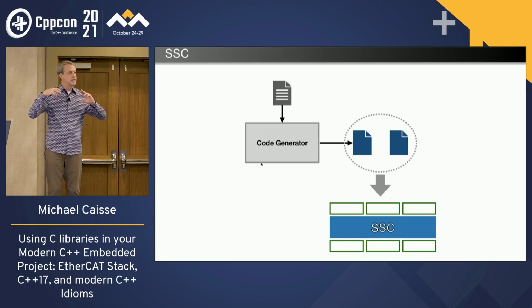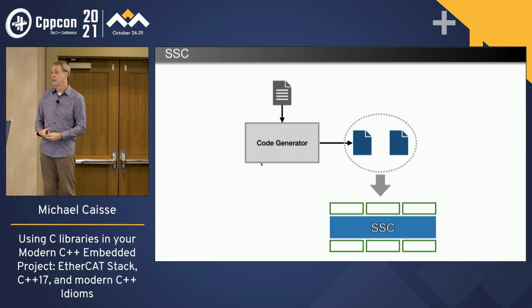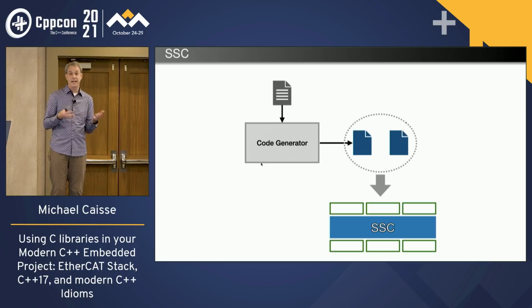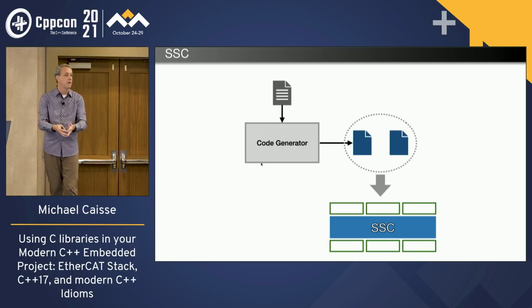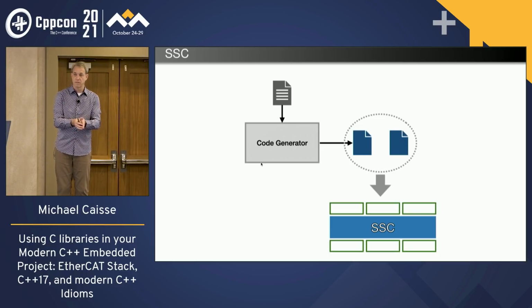So eventually you end up with the SSC at the bottom, and you have these blocks around it. And the blocks are the things that you're going to plug into. Examples, like when there's an interrupt, it would like to know about something. When it has information and it would like to tell you that it has received a packet, what does it do about that, right? And so these are all C pointers, pointers to pointers, where you say, this is the pointer to the thing I would like you to call at some location in the future.